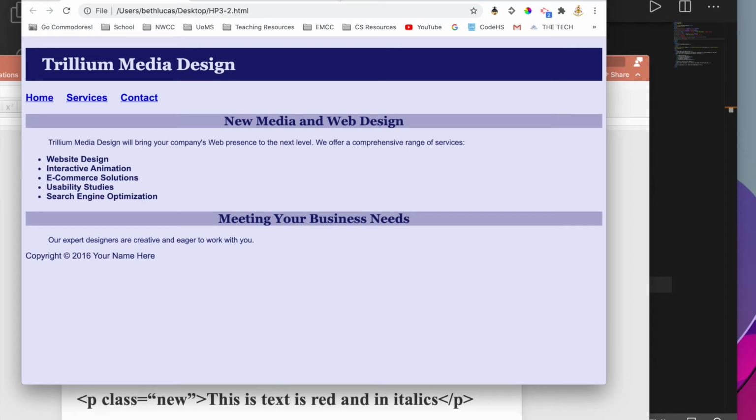Let's talk about classes and IDs. Classes and IDs allow us to apply some CSS rule to something that we can't target with an HTML selector, or maybe we would need many HTML selectors to select that whole area. Suppose, for instance, that we only wanted to apply some kind of formatting to these two list items in